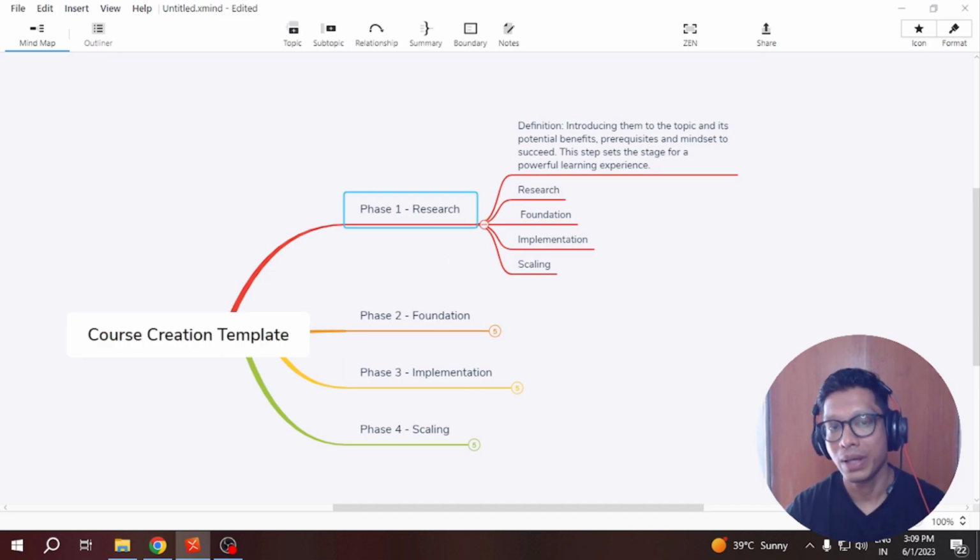Now, what do you mean by that? So the very first phase that you will create about your course, or whatever information you share, will be all about research. That means whenever we create the first phase of the content of our course, we will not talk about any workout, we will not talk about diet, or any intense workout or workout plan or anything like that. The very first part is all about research. That means we will keep it very simple.